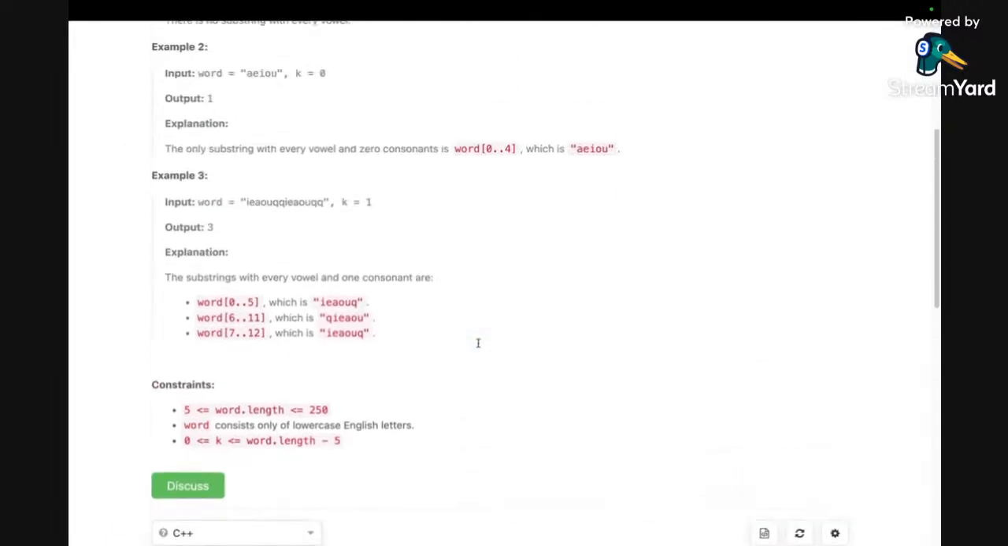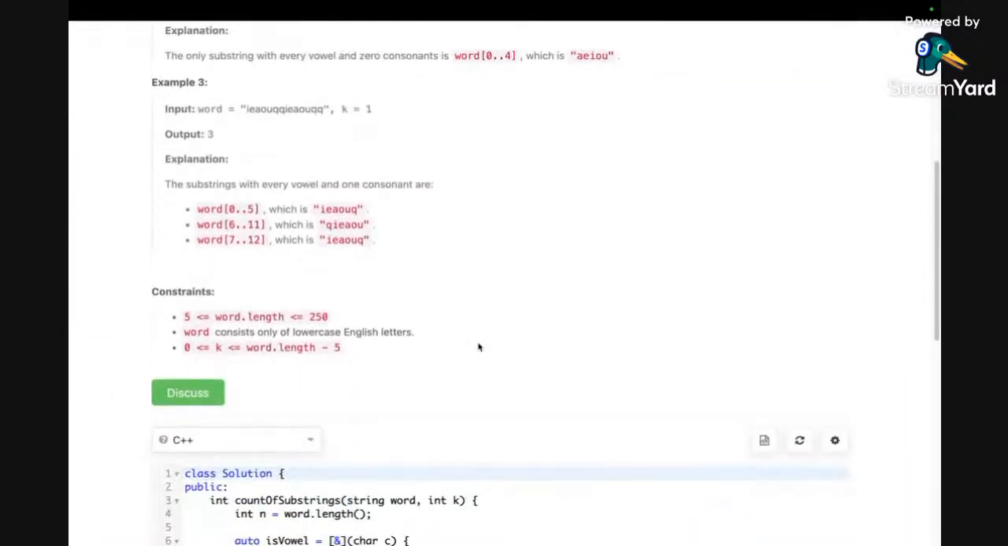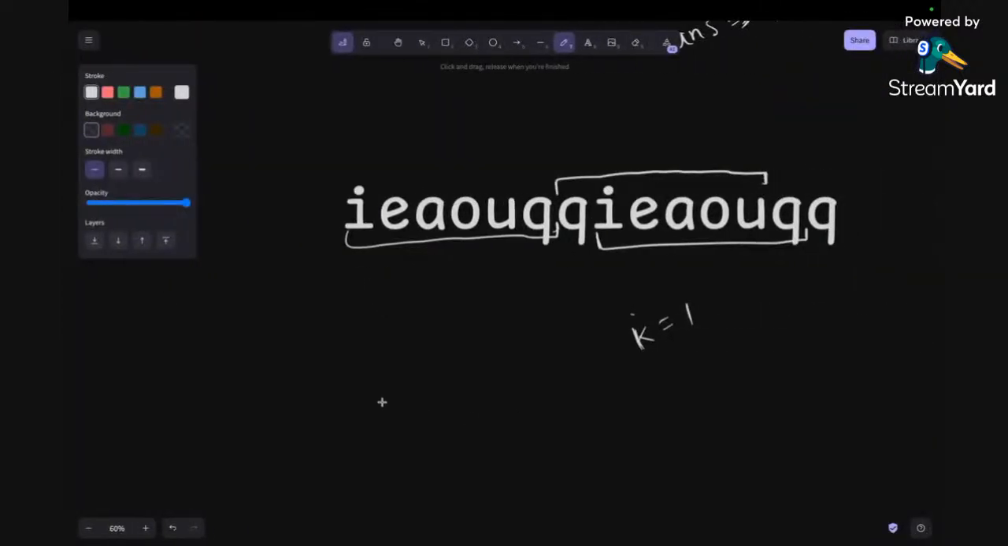Okay, so obviously after reading the problem, you would look at the constraints, and the constraints are very small here. The value of word, let's say n is the length of the string, it is less than or equal to 250. So it is already giving us an idea that maybe we can have something like an n cube solution,